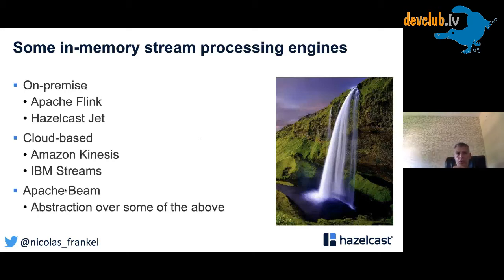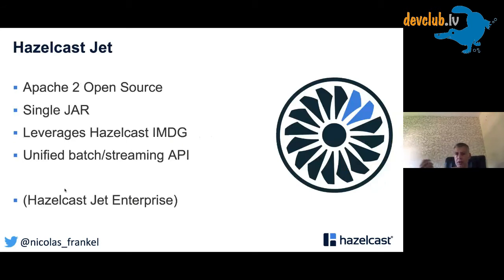So some words about Jet. It's open source. Basically, it's found in a single jar. I will talk about the deployment model a bit later. And we are using Hazelcast IMDG under the cover. If you are more used to using a batch API, just know that you can start with batching with Jet, and then you can move to streaming in a single line, and the rest of the code won't change. And of course, because Hazelcast needs to pay me too, we have an enterprise offering that is paid.